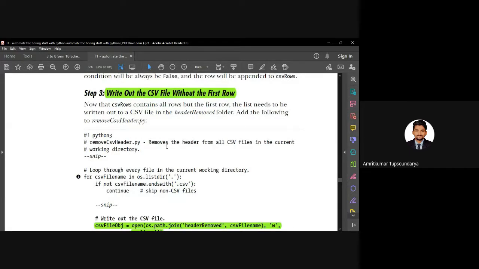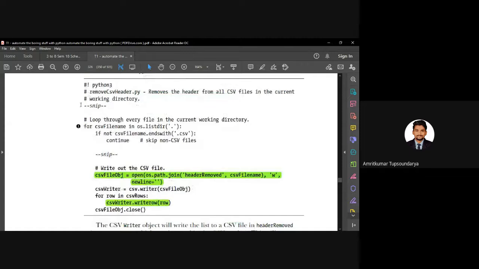So how do you do that? The other things remain the same. We set up the for loop. We traverse the files to see whether each is a CSV file or not. And when we have successfully read all the essential data, here the essential data is everything excluding the first row, that is nothing but our header, once we have read all the content, we write it out into the CSV file.